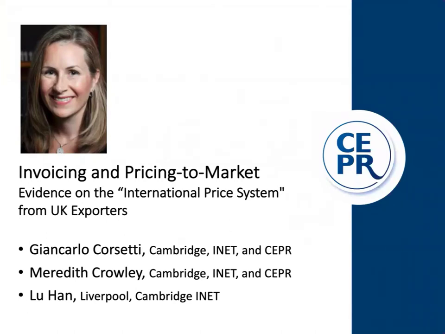The stylized fact that Gopinath has shared with us in previous work is that for the United States, which invoices most of its imports in US dollars, exchange rate pass-through into import prices is low. When the dollar moves against another currency, import prices in the US don't move much. However, for other countries, for example Turkey or Japan, that invoice quite a lot of their international imports in US dollars, exchange rate pass-through into import prices is quite high. This has led us to an observation that the amount of price movement in response to exchange rates seems to be correlated with the currency in which firms invoice these transactions.